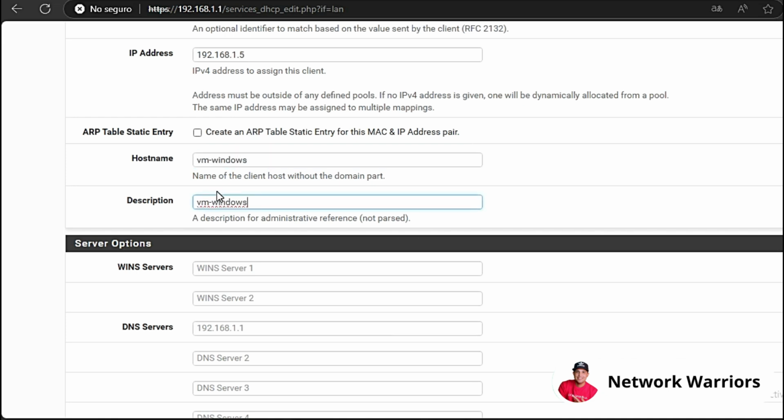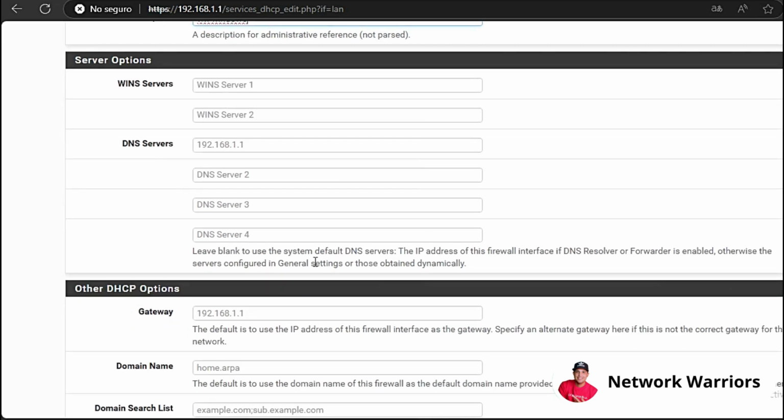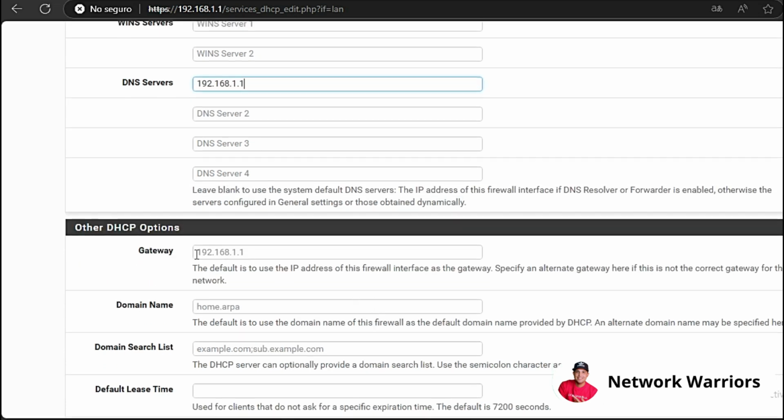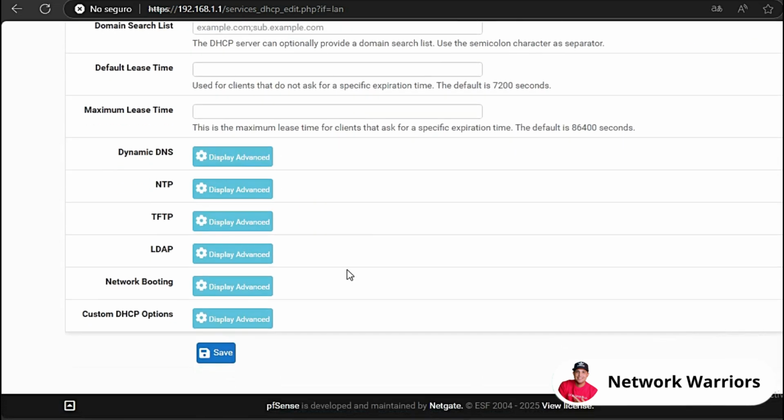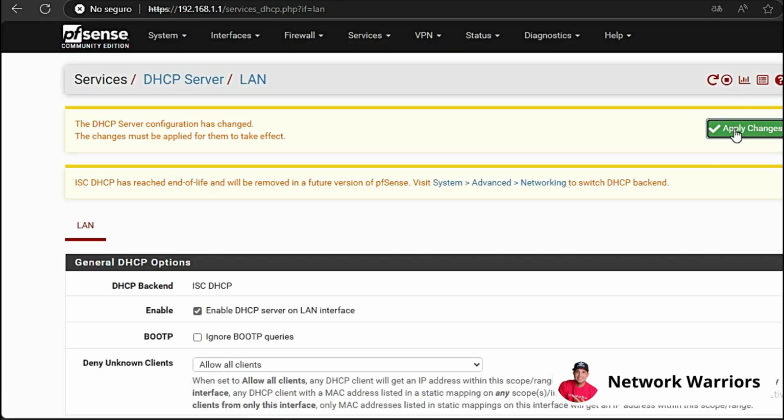Well, the description would be the same as the DNS. Let's enter the DNS here: 192.168.1.1. The GW also, or Gateway, 1.1. We don't have a domain and we simply save, apply, and with this we will be reserving an IP address